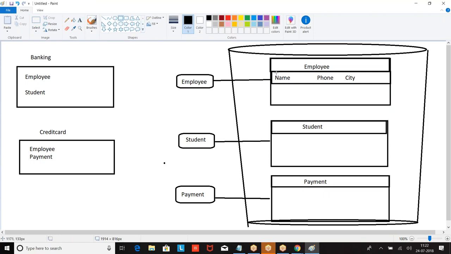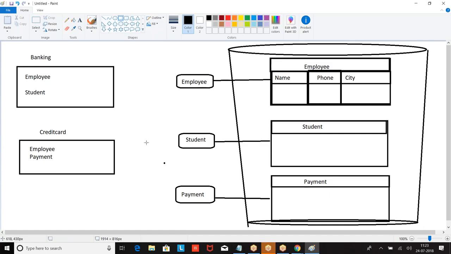So table is nothing but an object. Columns are nothing but fields.